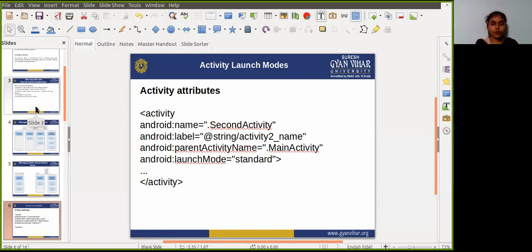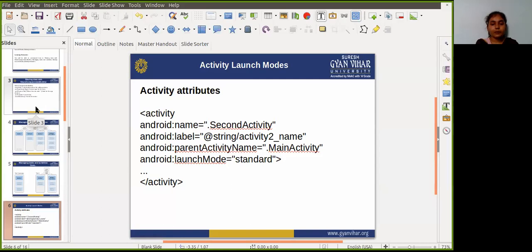So there are four launch modes available as part of the activity element. First one is standard, second one is singleTop, third one is singleTask, and fourth one is singleInstance. So what is standard? Standard is actually the default. The activities are launched and added to the back stack for the task.